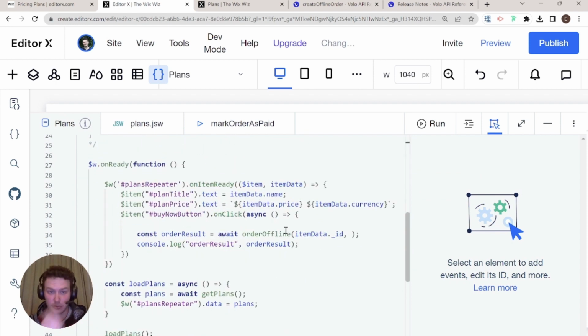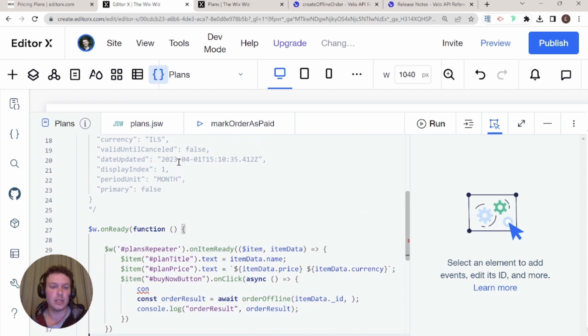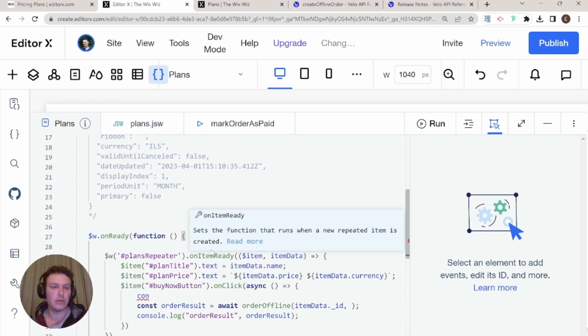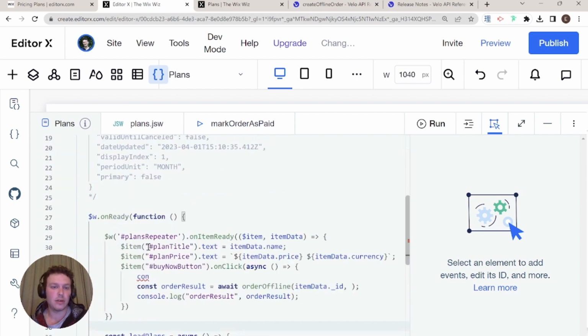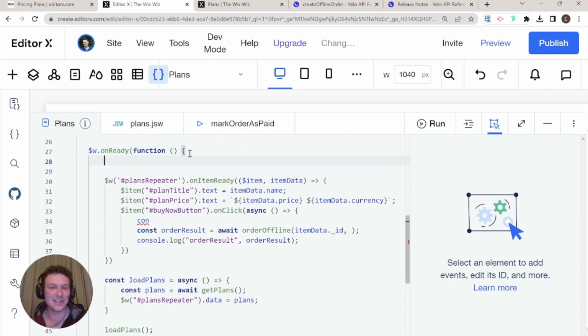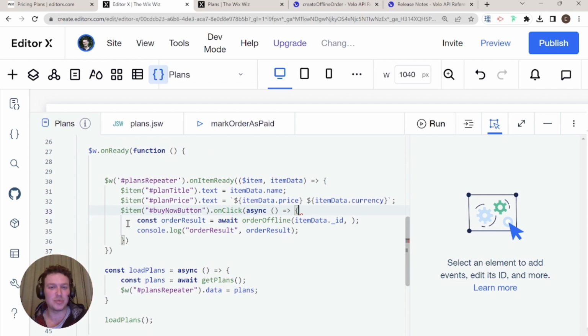And now I'm going to get the member over here. It's not best practice to get it every time you click the button. What I would probably do is just get the member once when the page loads. Okay, let me show you what I would do. Because there's no reason to fetch data multiple times if you don't need to. So let's say